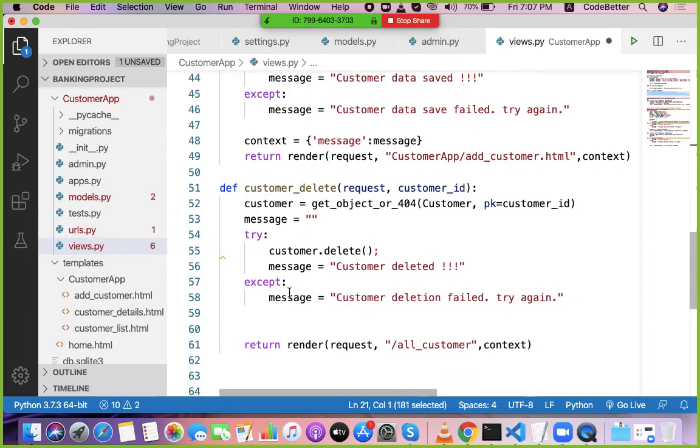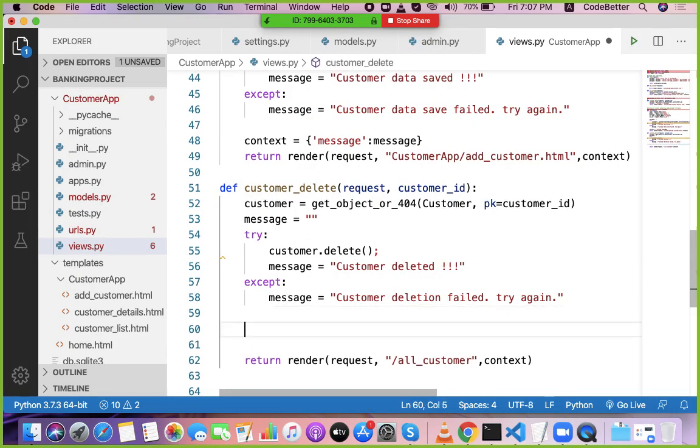And in response, I can write message equal to message plus, and I combine this message with one hyperlink that says just go back.